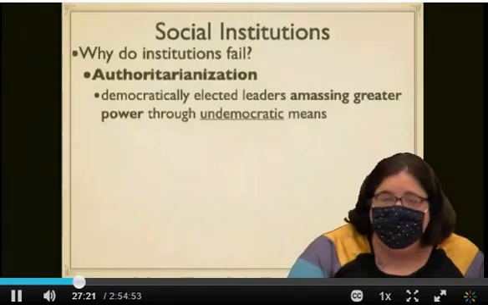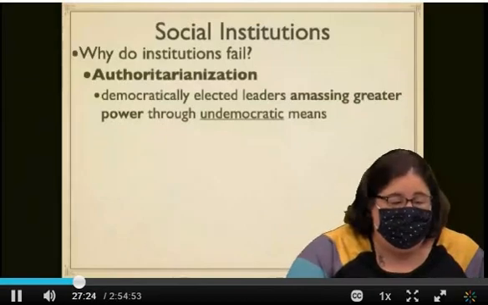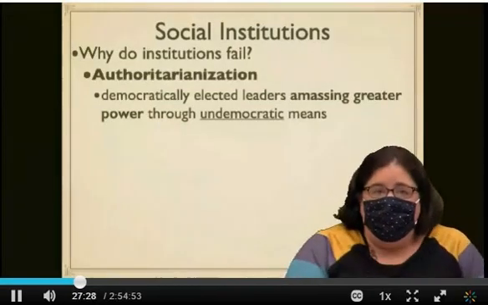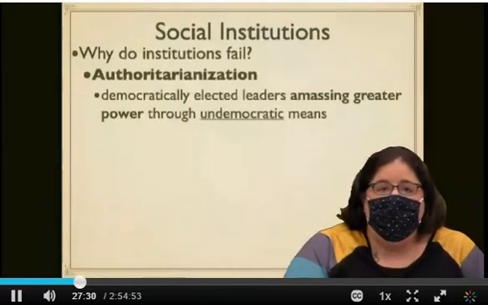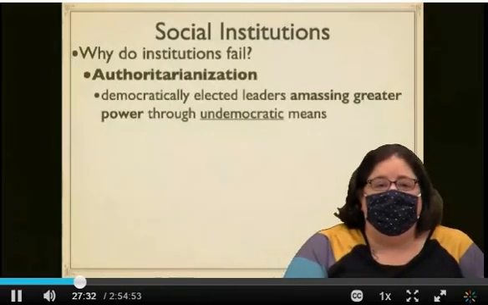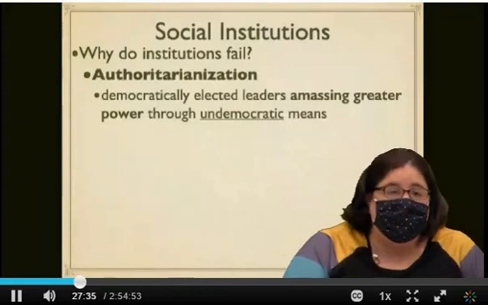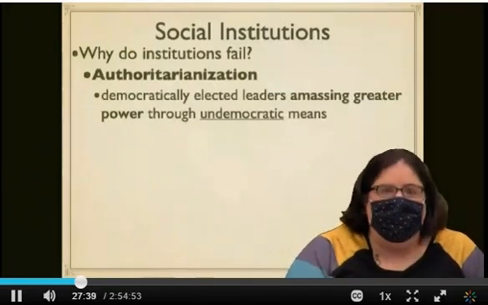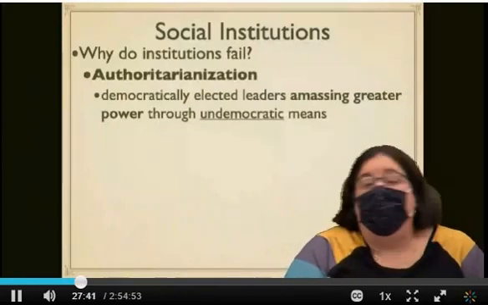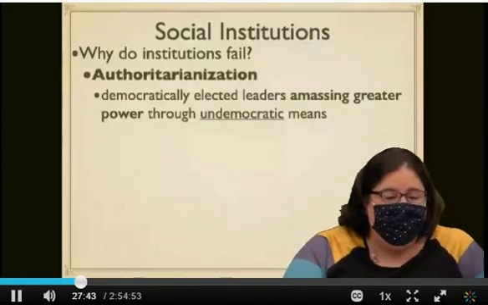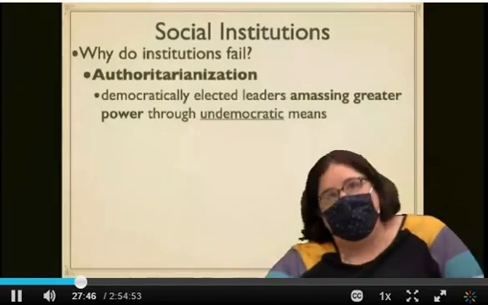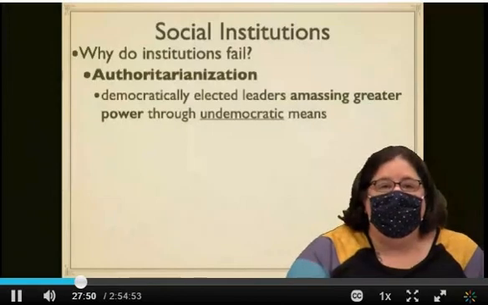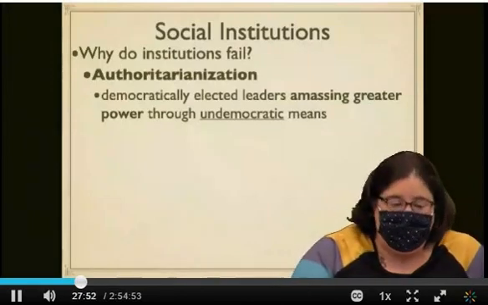Vladimir Putin is a great example, right? There was an election a long time ago that Vladimir Putin won democratically. People voted for him to be the leader, and he assumed the office, right? However, since then, he has shaped things to amass greater and greater power in Russia, largely through undemocratic processes, like either not holding elections or holding sham elections or whatever, right? And so that is a form of authoritarianism, right?